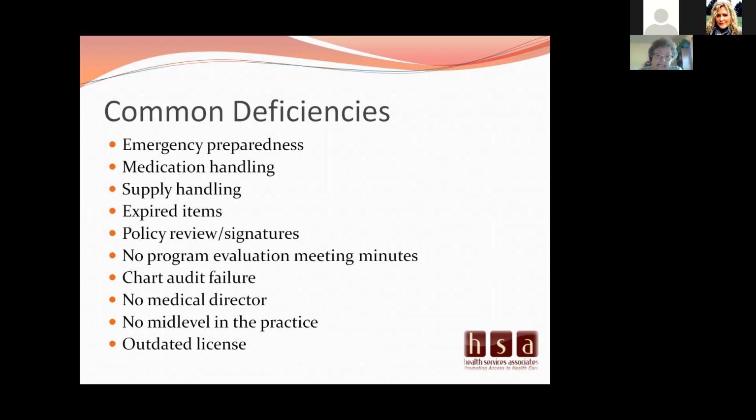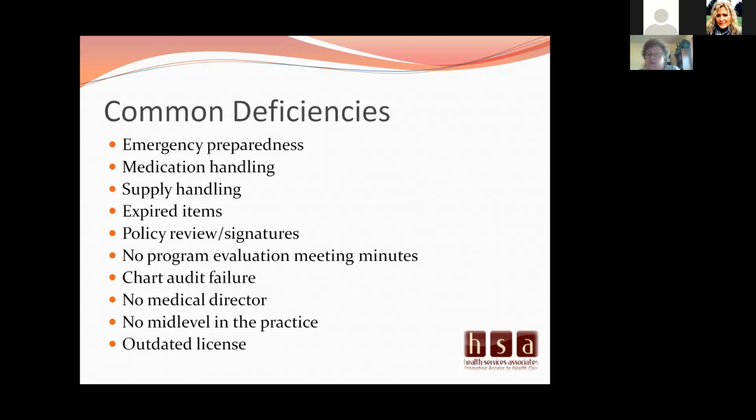Some of the things that we're seeing through the emergency preparedness deficiency, especially in the integrated one where you just take from what the hospital gave you, is you don't have an individual risk assessment for your clinic, or there's no evidence of your clinic being included in that risk assessment. You don't have certain things addressed. You haven't addressed communicable diseases or infectious viruses and diseases, I think is what it's called.